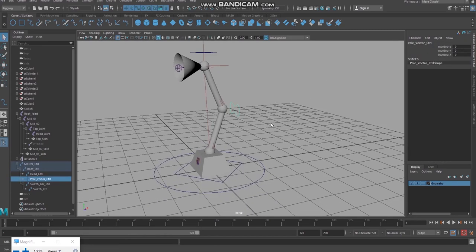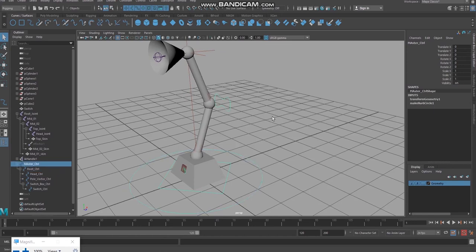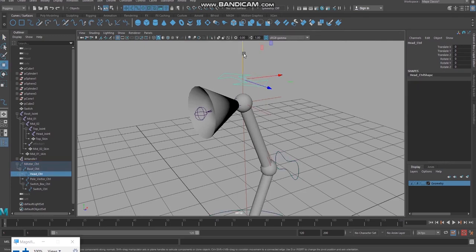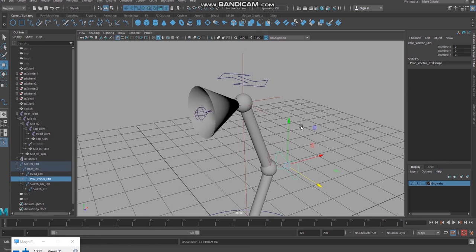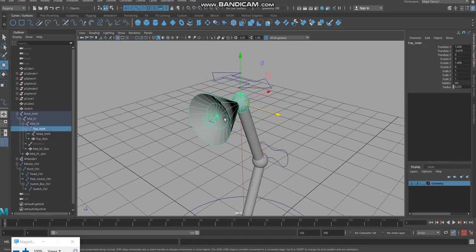Again, for all the controls we have some constraints that we will see. Now we have achieved this and this, but I want my head to turn.